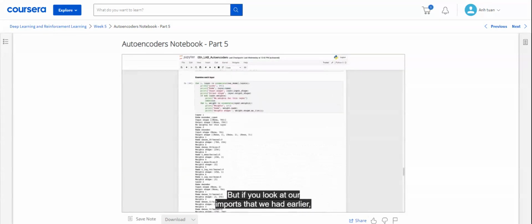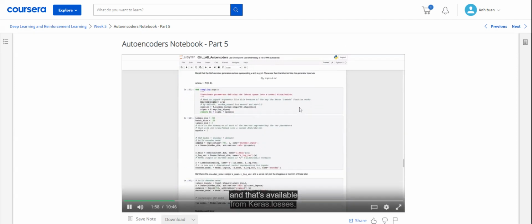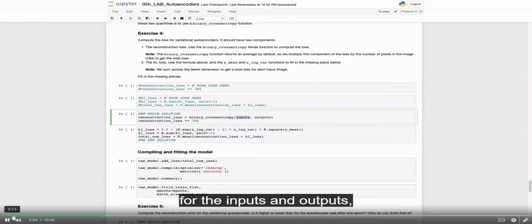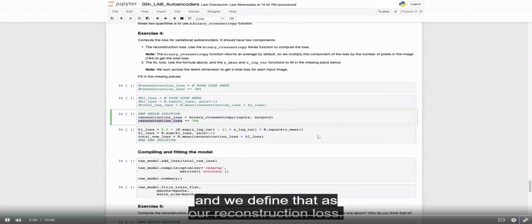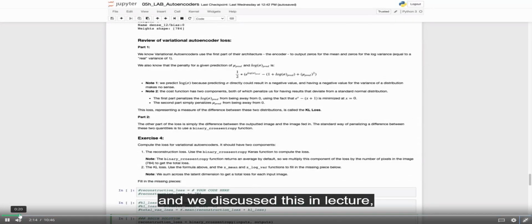But if you look at our imports that we had earlier, we actually pulled in binary cross entropy, and that's available from keras.losses. So we pulled that in, and we're able to say we want that binary cross entropy for the inputs and outputs, and we define that as our reconstruction loss. So that's one portion of our loss function. The other portion is just going to be this formula that